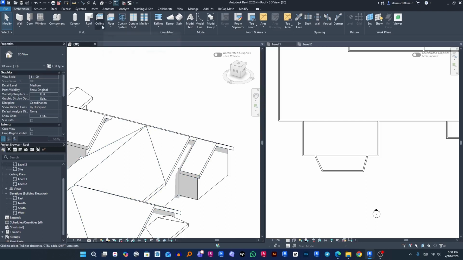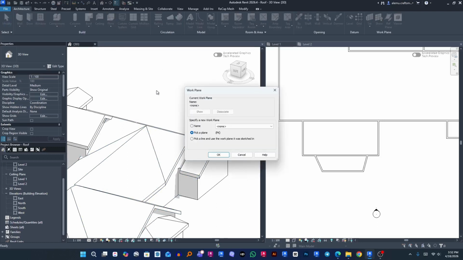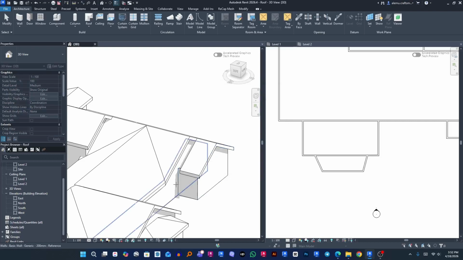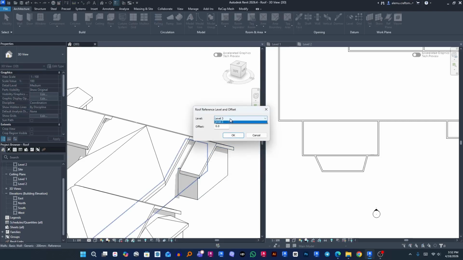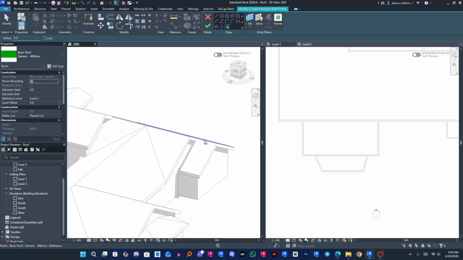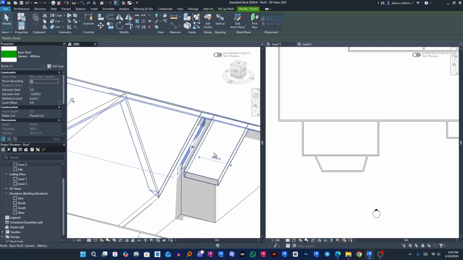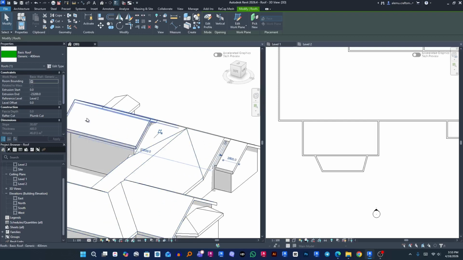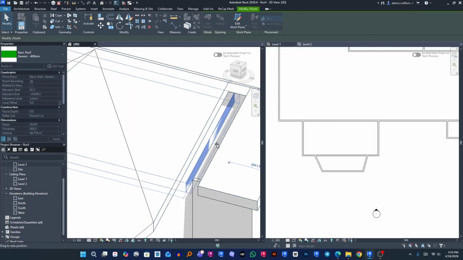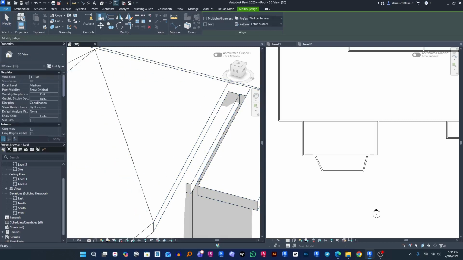So here I need to create a roof by extrusion, and I'm gonna pick a plane, select this wall. On level 2, I'm gonna pick lines here, hit tab, select the edge. Now I've drawn a line, so it's gonna be extruded. So here the extrusion is created all the way to here, but I need to fill this gap, so I'm gonna use a line tool here, select tab, select this face, and then hit here, lock,